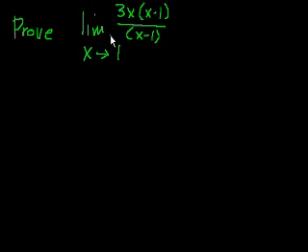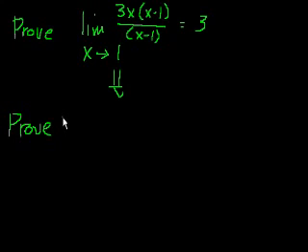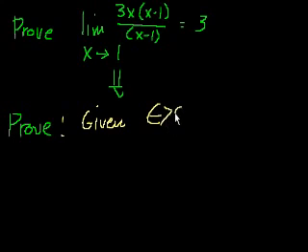But the books will say, hey, prove that this limit is equal to, well, it would actually be equal to 3, right? Prove that, and you essentially have to use the epsilon delta definition of a limit. So to prove this, you're essentially proving what this means. Proving this is the same thing as proving that, given some epsilon greater than 0, and remember, that's how close you want f of x to get to the limit, in order for this to be true, I need to prove that there exists a